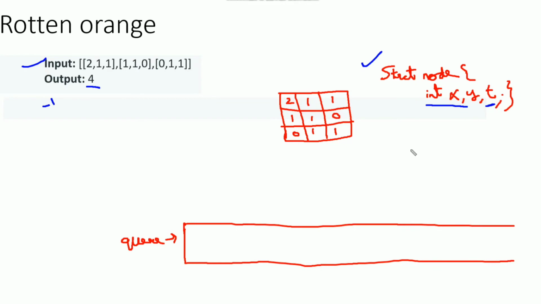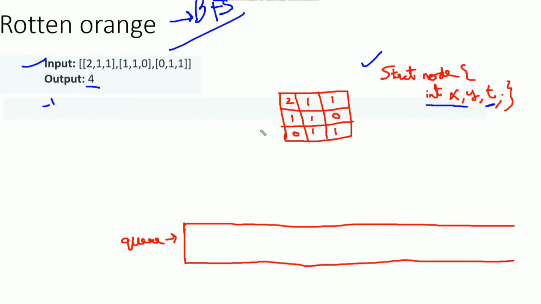The algorithm that we are going to use is simple BFS. First of all we need to enqueue the cell locations having value 2.